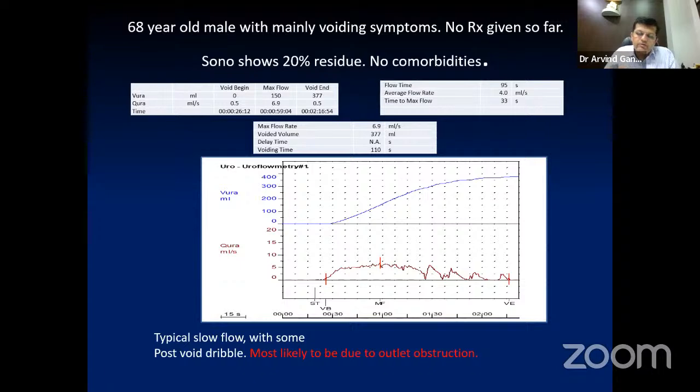But I wanted to highlight one fact here, that you have to differentiate between a restrictive flow and an obstructive flow. Restrictive flow is a flow wherein the urine tries to pass a fixed obstruction, say a stricture, a bladder neck obstruction, or a bladder neck stenosis. So typically what you'll see is that the curve will suddenly go up, it will be flat, and then come down. That is called a restrictive curve. But here you see that it's not exactly a flat curve. The ascent is very gradual, and it's an obstructed flow. I would say this would be classified more as an obstructive flow rather than a restrictive flow.